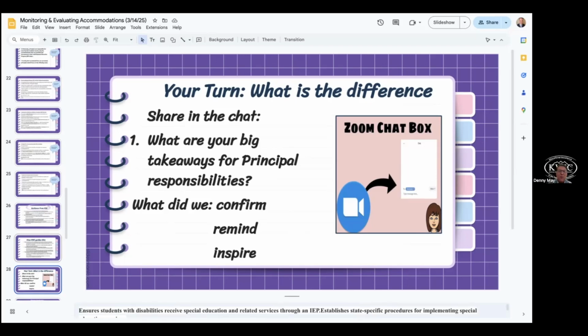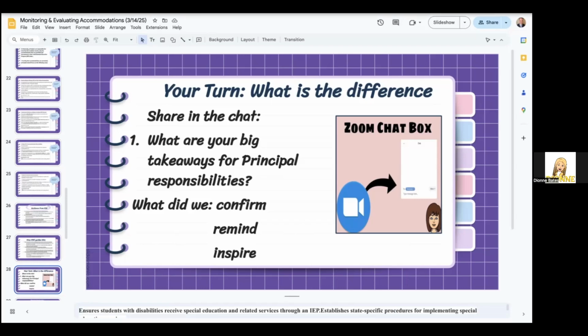So we're hoping today that we confirm some things that you're doing, and we remind you of some things maybe that you needed to be reminded of, and that we inspire you to go on and look in those documents that we've provided as resources, that you would learn on your own more and more about the appropriateness of these accommodations and what is needed. So just take a minute and share in the chat, what are your big takeaways for principal responsibilities here? What did you learn? What was an aha?